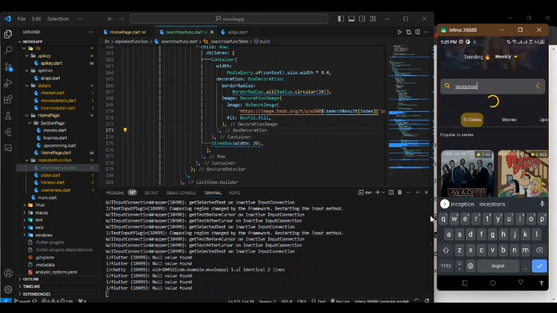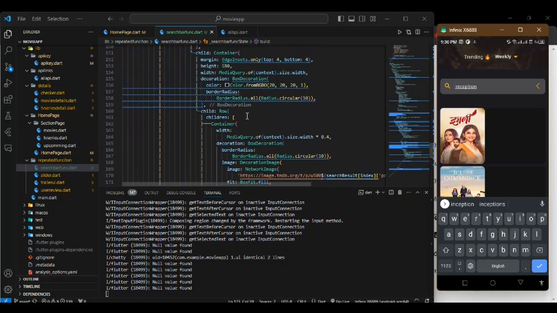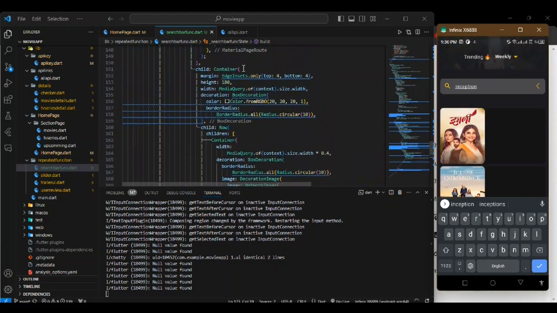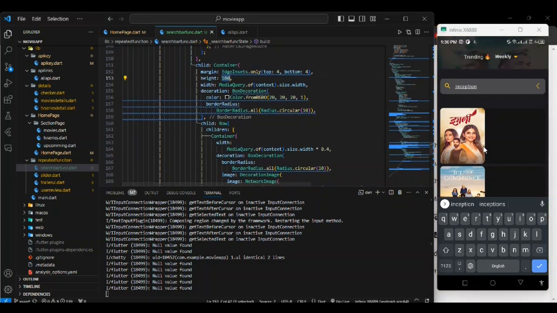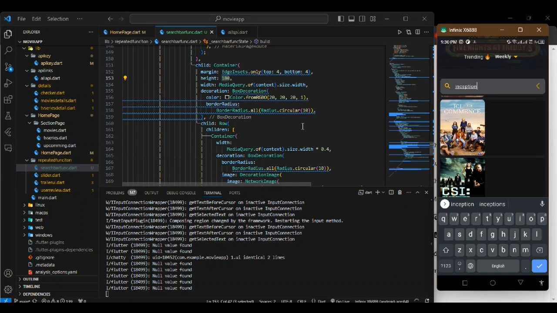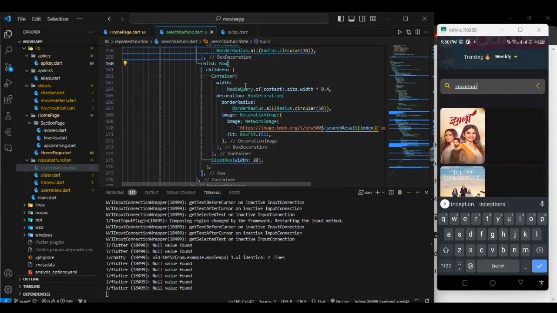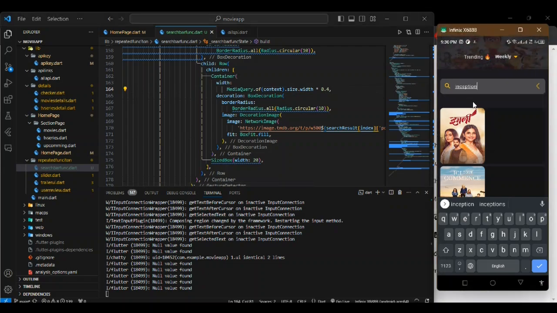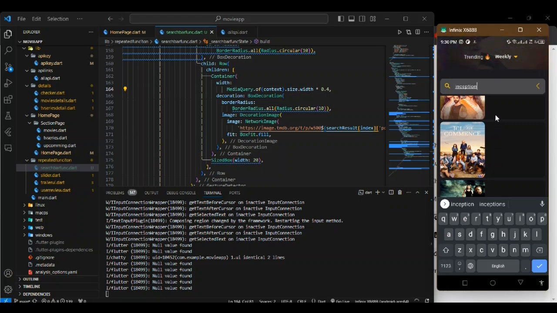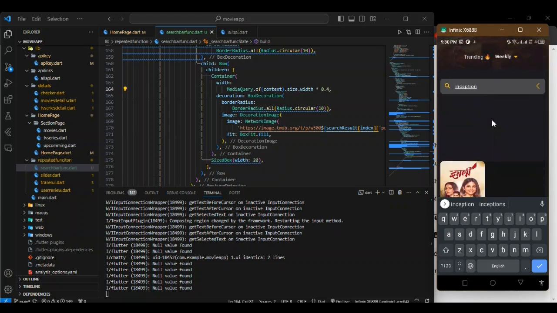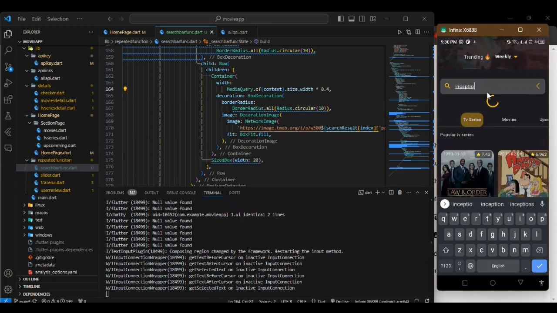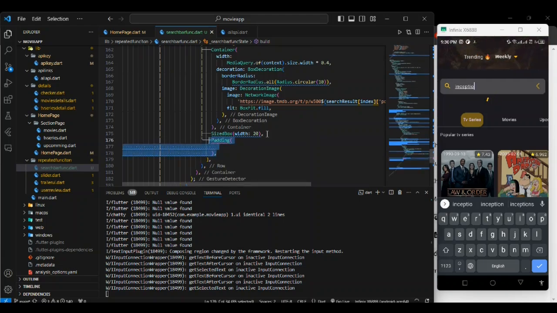If I write Inception, so far we have only created a list of containers with height 100. Every container is of height 100, and inside each container there is a row. In the row we have the container, and the container width is dynamic according to screen size. It is 0.4 times the width of the mobile screen. Around half of the screen we are seeing the images of the search text. On the other half,